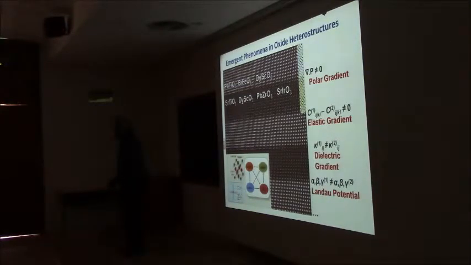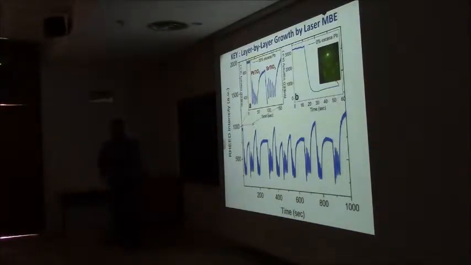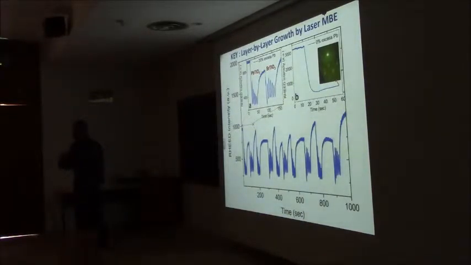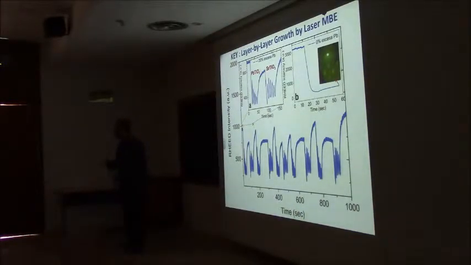Titanium dioxide, strontium oxide. That level of control needs to happen. And with techniques like MBE, Darrell Schlom, there are other people around the world who do MBE, real MBE, with K cells and stuff like that. We do the poor man's version of MBE. We do something called laser MBE, which is a pulsed laser deposition process, which is coupled with ultra-high vacuum RHEED, which is reflection high-energy electron diffraction, surface diffraction.